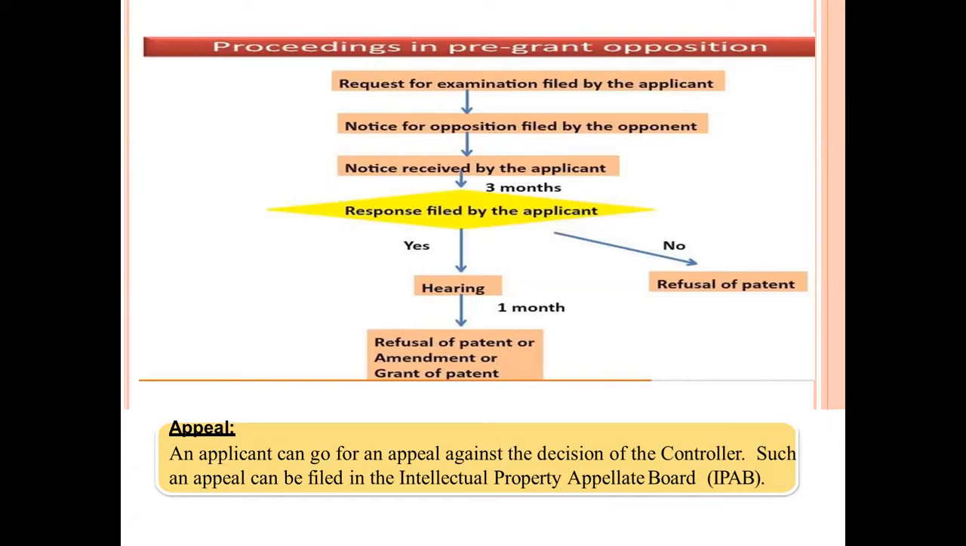It is free. This pre-grant opposition is free of cost. Also, any person can file a pre-grant opposition. There are no restrictions that only Indians or only other nationals should file. No restrictions at all. Any person who wants to oppose a person from getting a patent can file the pre-grant opposition. So no fee, no restrictions, and the form is Form 7,